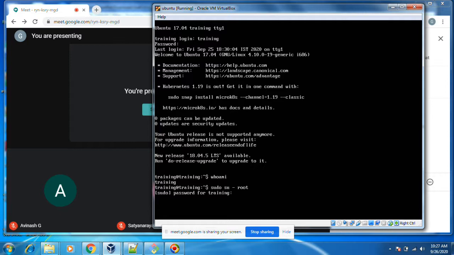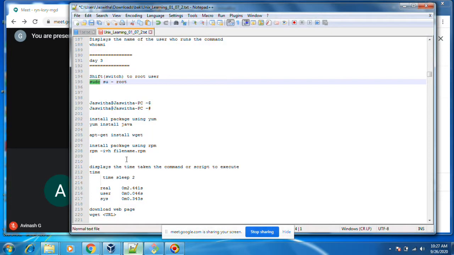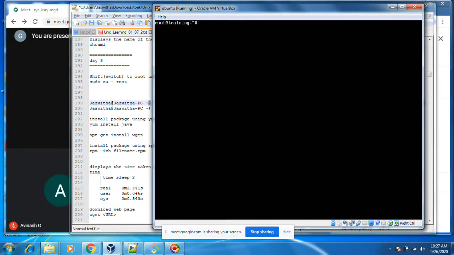We need to give the password for training. Okay, I have just logged in as a root user. I'm just clearing the screen. Okay, next, make sure that the root user's prompt ends with the symbol hash, whereas a normal user has a dollar. You can observe here. This is the root user, you see it ending with hash, whereas a normal user